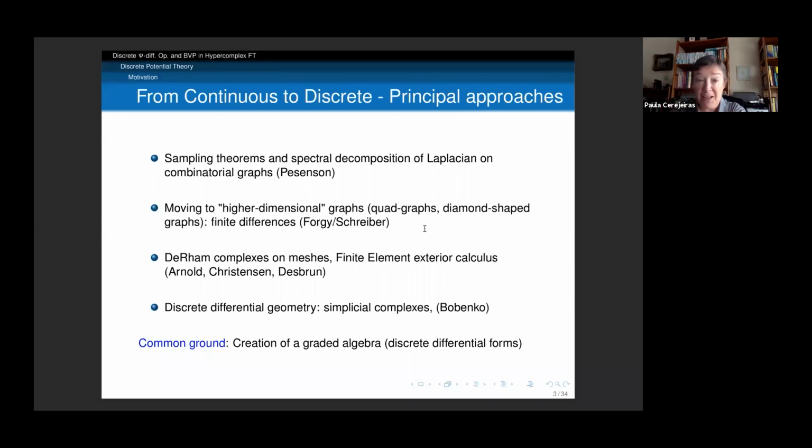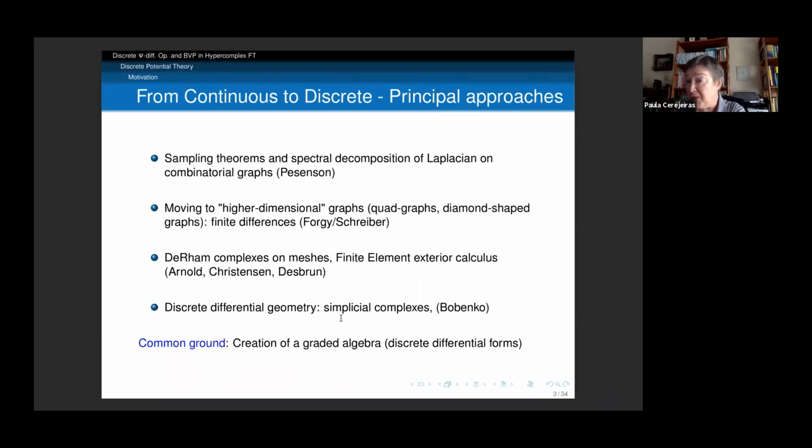Most of the classic approaches are done by combinatorial graphs, and they work very fine in complex analysis, but the moment you go higher dimensional, you kind of lose the geometry. This is due to the fact that the Laplace-Beltrami operator only coincides with the classic Laplacian when the dimension is exactly 2. So the ideas they have are to either use finite differences, to fit the function to the geometry of the problem,